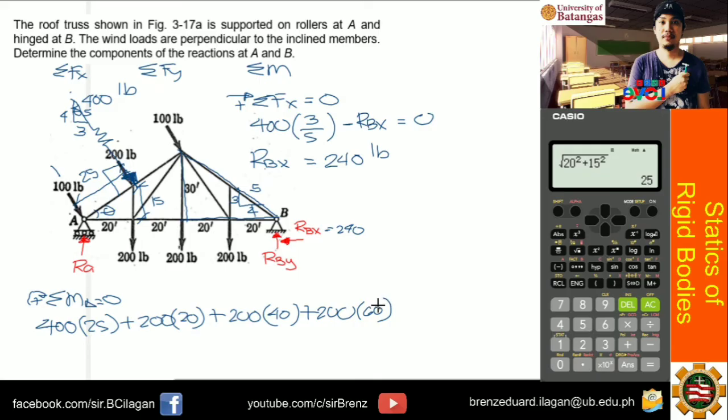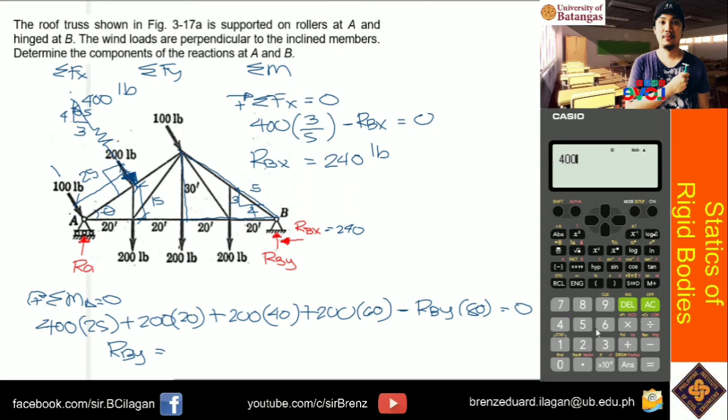And then, meron pa bang force? So, again, yung RBX mo naman will be concurrent. So, wala siyang perpendicular distance. So, isi-zero na lang natin yung value niya. And then, RBY. So, since counterclockwise yan, so minus RBY times the distance of, so 80. So equals to 0. So RBY will be equals to,